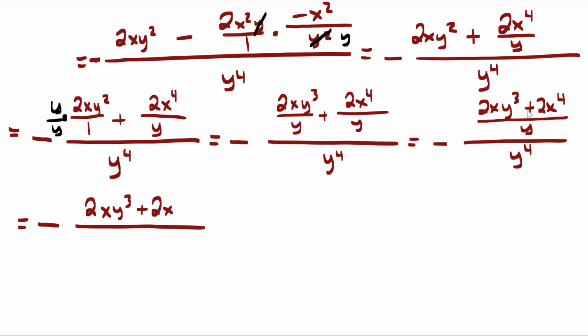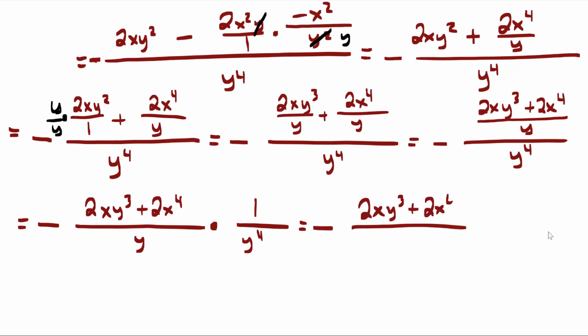And so what we're going to do is transform this into a multiplication instead of division. So we're going to keep this exactly the same here, and then we're going to take that y to the fourth and take the reciprocal and now multiply. So instead of y to the fourth, it's going to be multiplied by 1 over y to the fourth. And now it's a multiplication problem on our hands. Multiplying through, and we got ourselves to the fifth. Okay, now